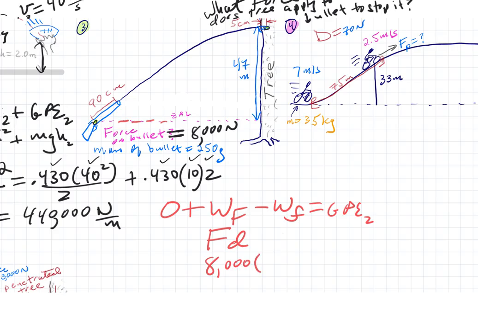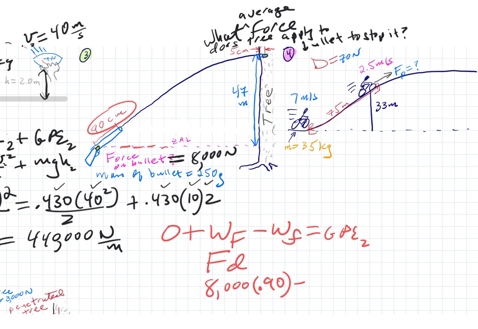8,000 times the distance it travels is 90 centimeters, which you have to change to meters. So minus the work due to friction. Okay, well, I don't know what that force of friction is, but I know that the distance that it pushed in the tree was 5 centimeters, which I will change to meters. So that's minus F times D. This is the other D. Okay, that equals